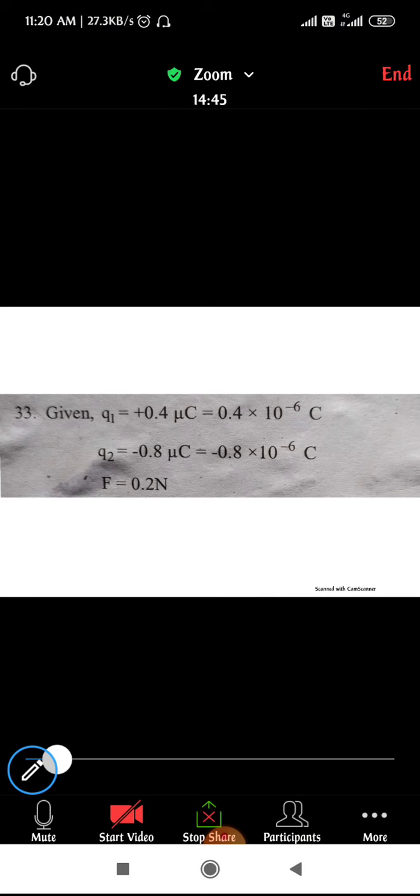So which is the formula you're going to use to find the distance between them? Make use of Coulomb's law. Okay, make use of Coulomb's law. Coulomb's law says that F is equal to 1 by 4 pi epsilon naught into Q1 Q2 divided by d square. Okay, instead of R we shall take d square, or else if you are taking R itself, not a problem, you can take it as R also, as d also. Okay, so here I'm sharing the formula. See, from Coulomb's law, the formula comes out to be F is equal to 1 by 4 pi epsilon naught into Q1 Q2 divided by d square.